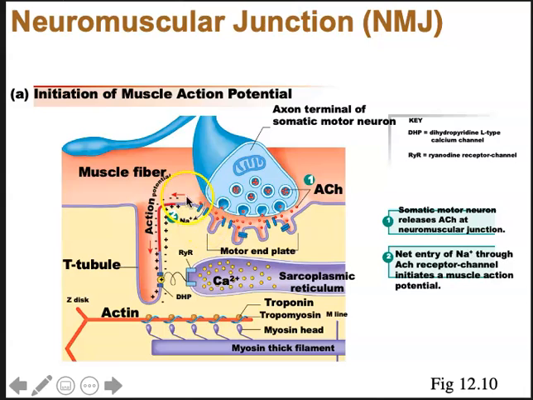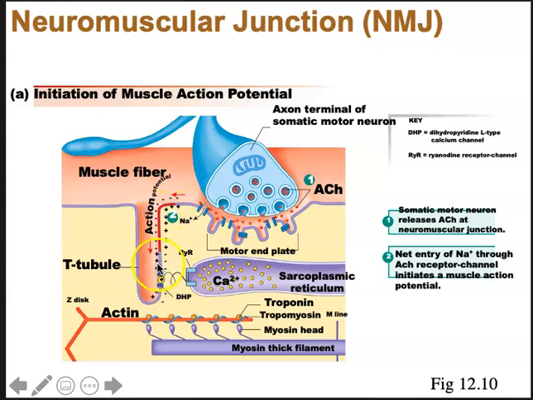The voltage-gated sodium channels opening allows a greater influx of sodium, and so this patch depolarizes. And that depolarization causes the next patch of voltage-gated sodium channels to open. And it's in that way that our depolarization wave occurs and travels down the sarcolemma, down the T-tubule, and then